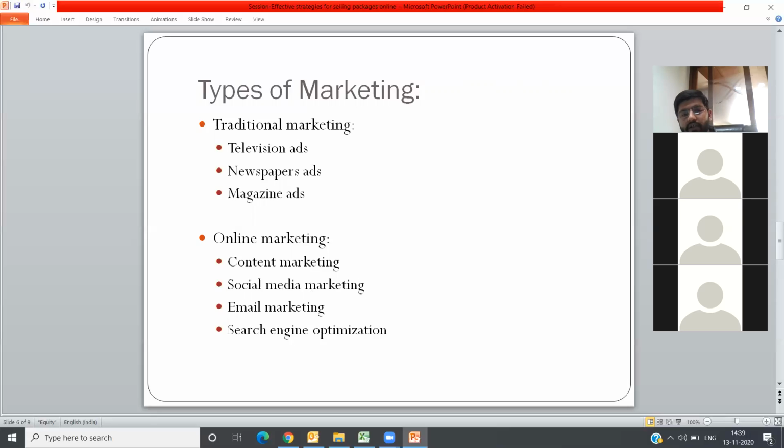In one line, if someone searches on Google for a particular keyword like Maldives travel package, and your result comes up in the generic searches, and you are able to generate the lead, this is the most economical way because you are not spending a single penny, and the customer is coming directly to your website. Definitely in future we'll be focusing more on search engine optimization, email marketing, and social media marketing.